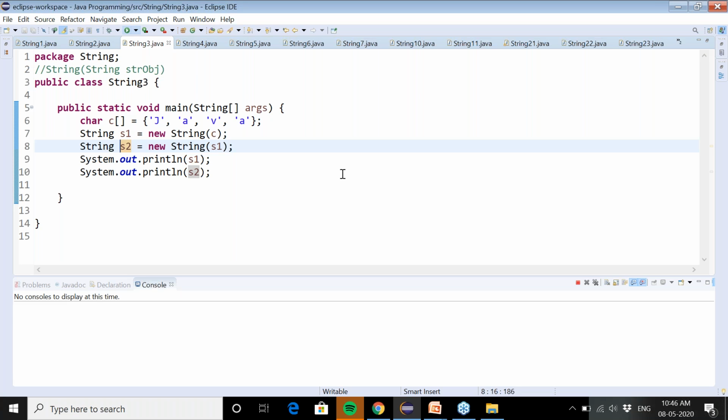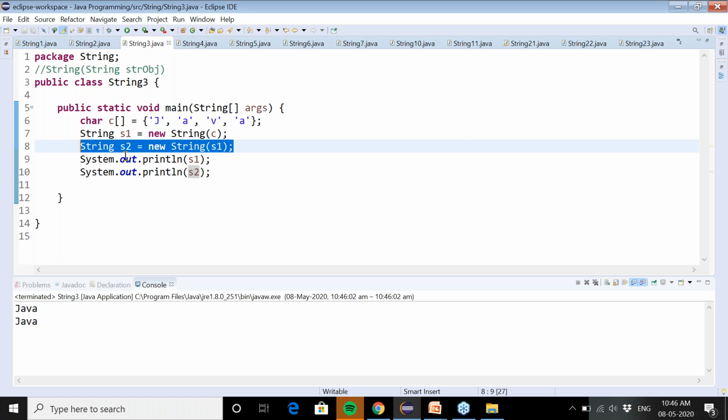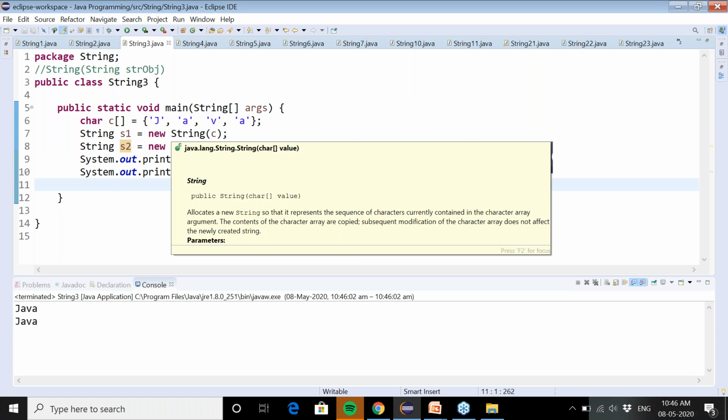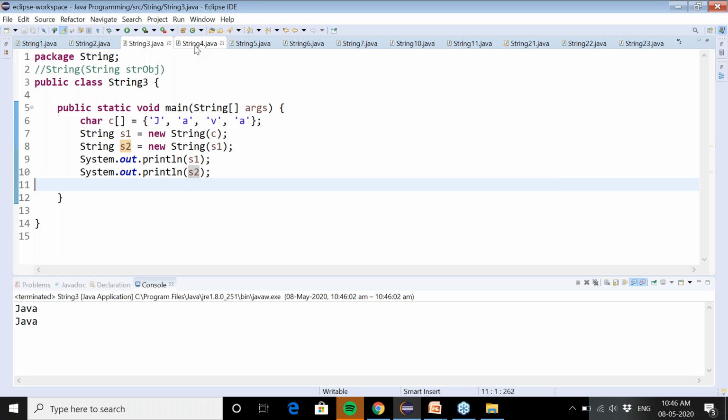If you want to create a copy of the string, you have to use this statement. So this is the third program.